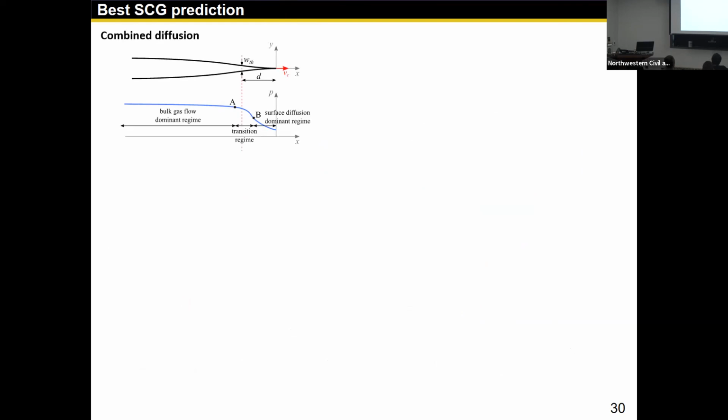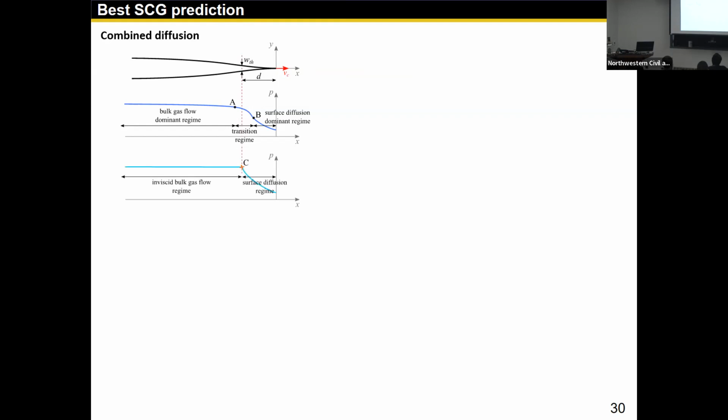In reality, for a gap that has widely varying sizes, there could be multiple transport mechanisms. For example, at larger gaps, the bulk gas flow must be dominating because it is so fast and effective. But at very small gaps, remember there's a term of W squared in there, so that bulk gas flow quickly dies out. Whatever is left should be surface diffusion or some other molecular diffusion mechanism. But we don't have the tool to continuously predict this variation or the transition.